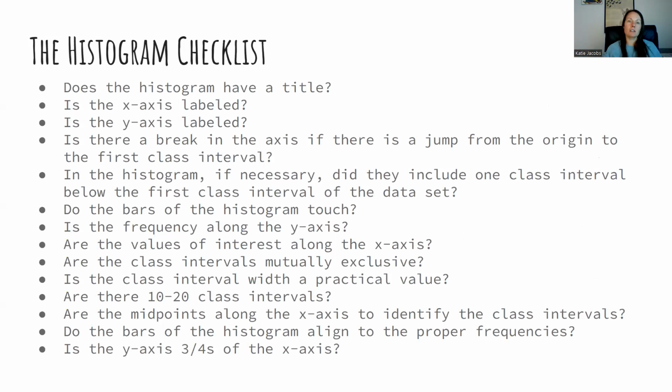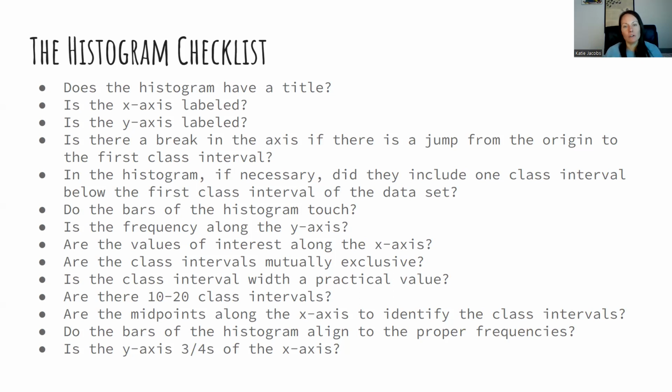Okay. Here's a checklist. You don't have to write all this down. But when we get to the point where you're building a histogram for me, you're going to want to go through and make sure that you're checking all of these things, because these are the things I'm going to look at when I'm grading. So does the histogram have a title? That's an easy point. Is the x-axis labeled? Is your y-axis labeled? Is there a break in the axis if there's a jump from the origin to the